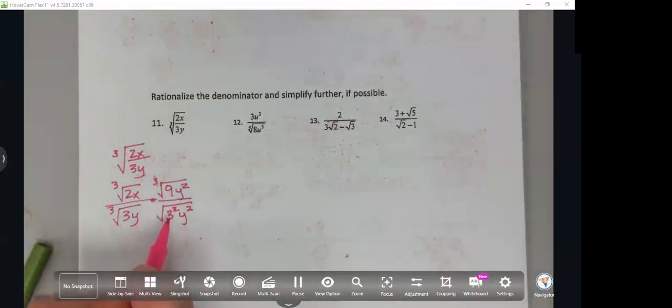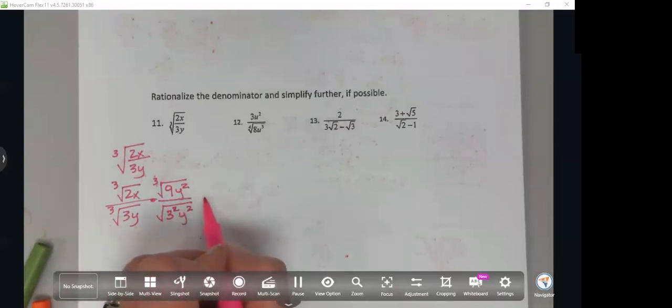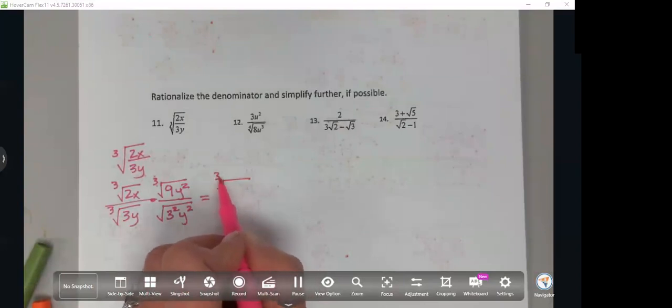Notice these are exactly the same. I just rewrote the 3 squared as a 9 up here, and I just wrote the 9 as a 3 squared down here. They're the exact same number. But now you can see I've got 3 3s and 3 y's. So when I multiply them out, I'm going to get cube root of 18xy squared all over